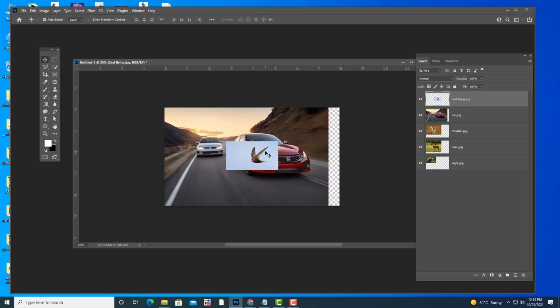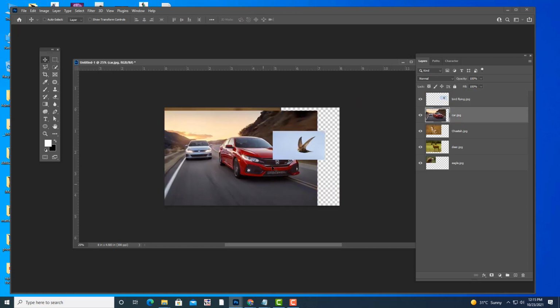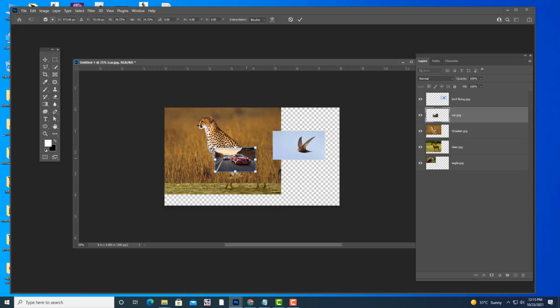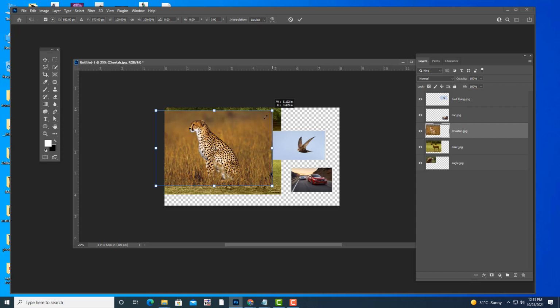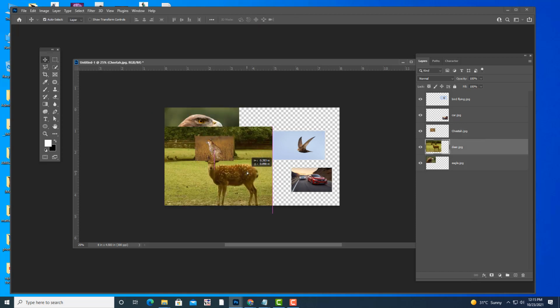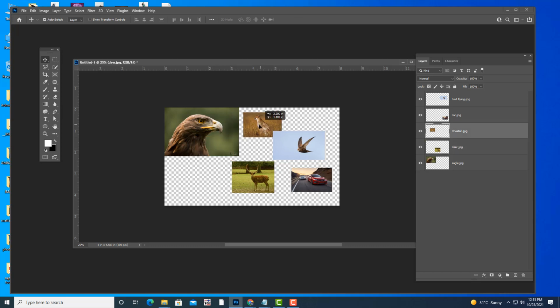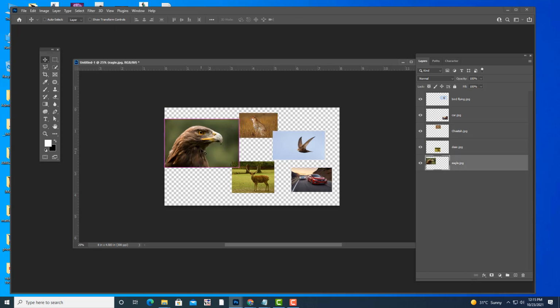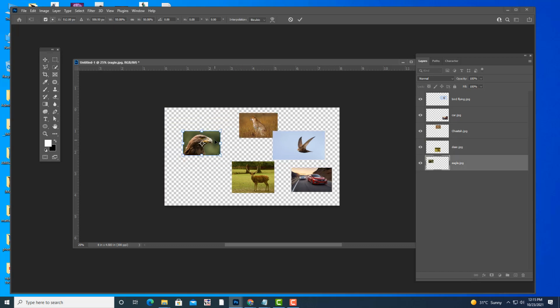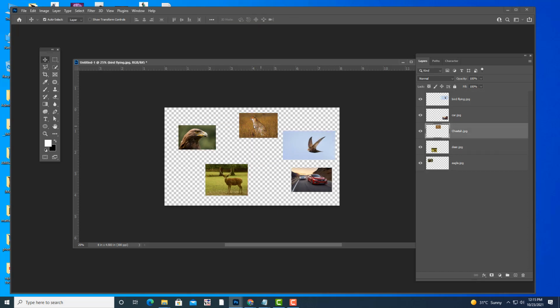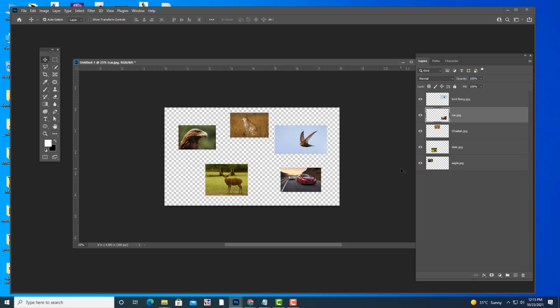So I am going to scale down all the images. Okay, now you are able to see all the 5 images.